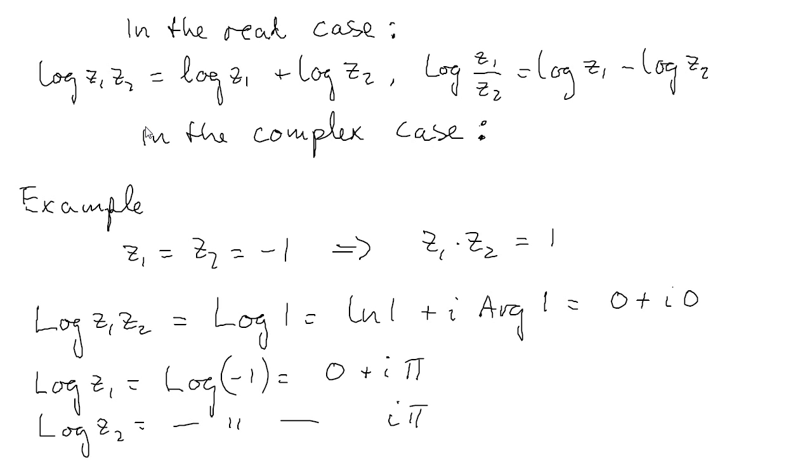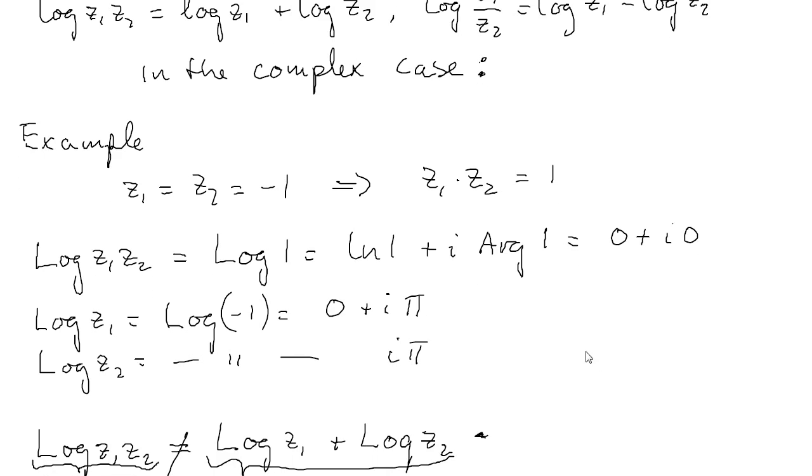A similar formula in the complex case is not available. Let's just give an example to show this. If z1 is equal to z2, both of them equal to minus 1, then the product of these two numbers is of course equal to 1. The logarithm of the product of these two numbers, and we are talking about the principal logarithm here, in the first example is equal to the logarithm of 1, which, using the general formula,